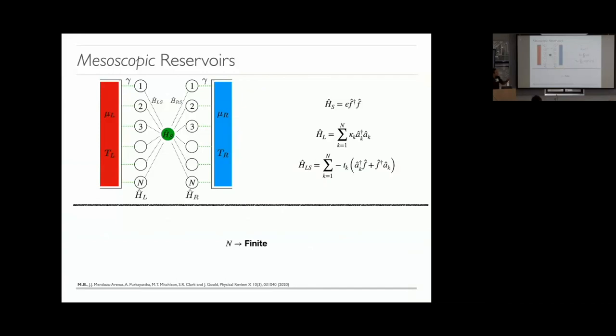All right, and now the key point is that we can keep n finite. And why am I trying so hard to keep n finite? Because at some point I'll want to model this system along with the degrees of freedom of my enlarged system. And if this is infinite, there's no way for me to keep track of all those degrees of freedom. Okay?